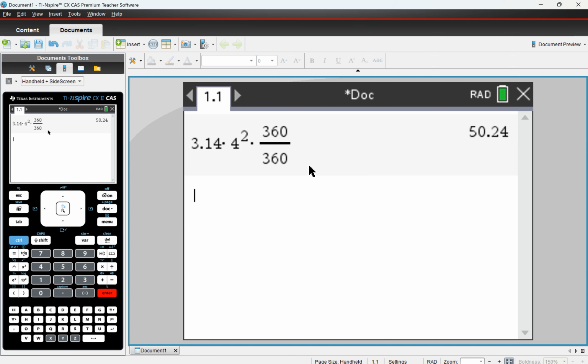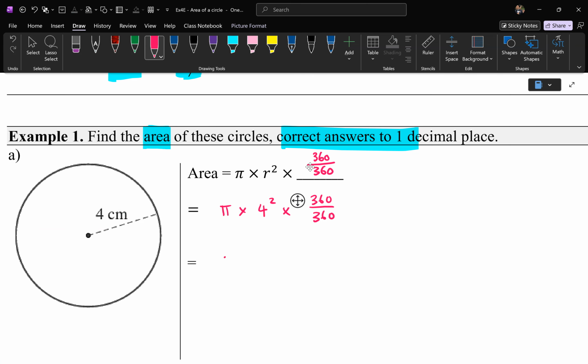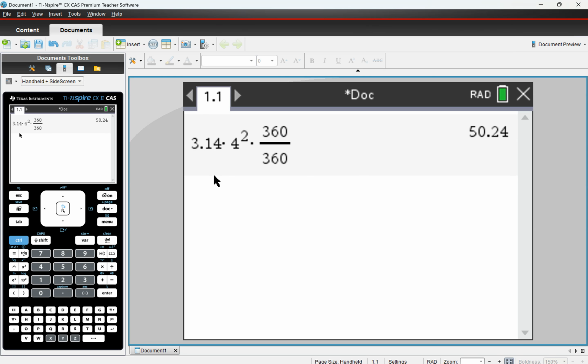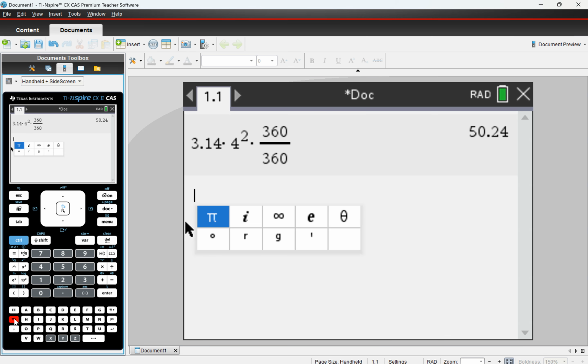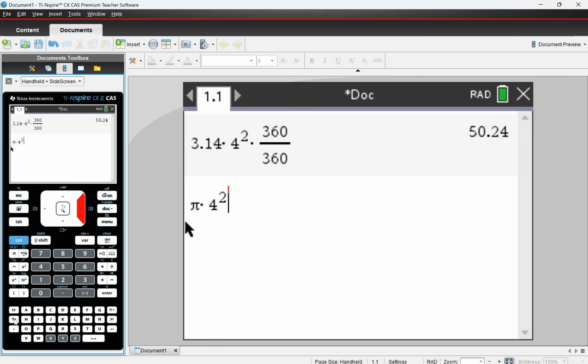If you did 3.14, what do I get? 50.24. So it doesn't feel wrong. I did the calculations and I got 50.24. And it does say centimeters and it's area, so I write squared centimeters. Great. Here's the problem. Watch the difference between 3.14 versus if I actually use the symbol pi